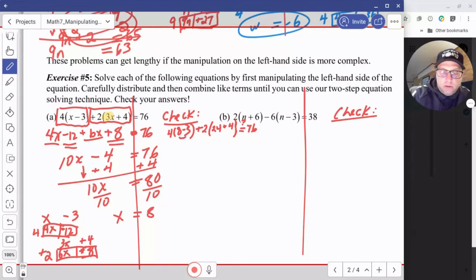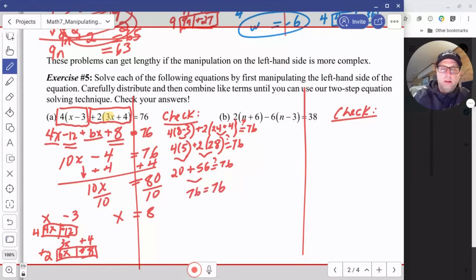So 8 minus 3 is 5. So that's 4 times 5, plus 2 times what? Well, 24 plus 4 is 28. And does that whole mess equal 76? Keep going. 4 times 5 is 20, plus 2 times 28 is 56. Does that equal 76? Well,